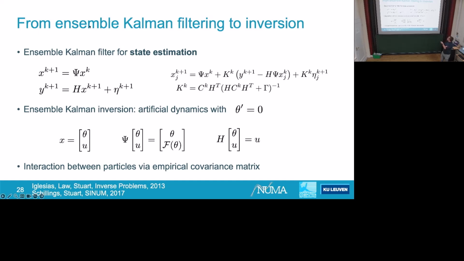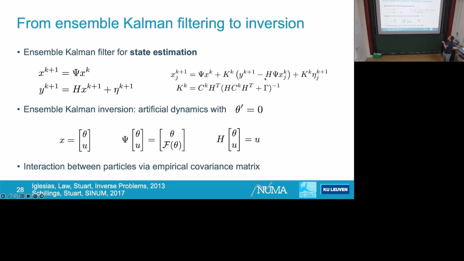And that's the formula. So basically what you have here is the difference between your real data and what you expect the data to be based on your model prediction. And then this is basically your noise, which is the difference between what you expect and what you actually measure. That's your noise. And what you see here are two covariance matrices. So basically what you do is you somehow weigh how well you trust the model.